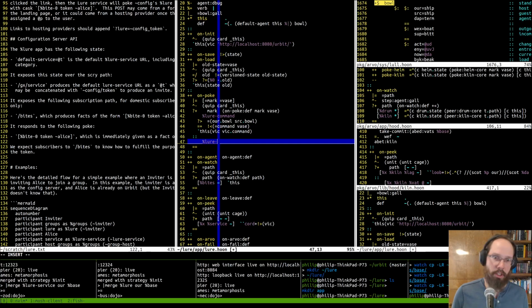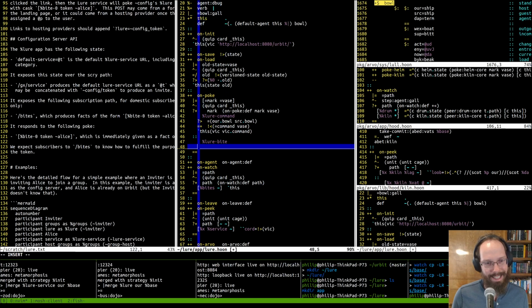We'll namespace everything under lure, I think. Yeah, so we'll call it lure byte. Maybe it should be more generic than that, but we'll start with that. And this can come from anywhere. It generally comes from the lure service, but I think we probably don't want to restrict it to be only the lure service, even if we could do that, because I don't think it really helps. The lure service is taking the stuff in publicly anyways. So, all right,